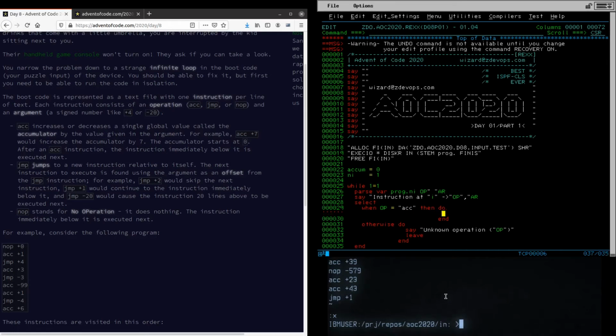So when it's ACC, then accumulator equals accumulator plus whatever is in our argument. I'm hoping that the plus and minus signs will pick that up, and the next instruction equals the next instruction plus 1. I'm just going to hop to the next. Right, repeat,